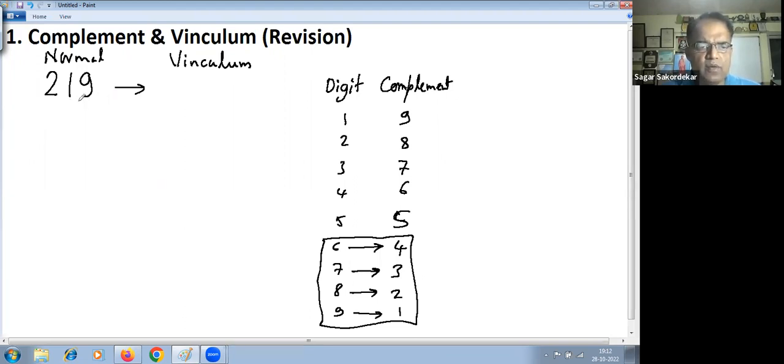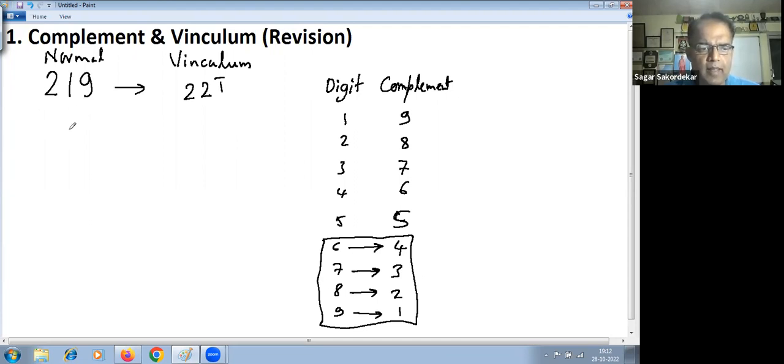So start from the rightmost digit. Wherever you have a digit above 5, you have to take the complement. So basically, you'll require to use this. Here 9 is above 5, take complement, put dash, add 1. This 2 will remain as it is. So 2, 2 bar 1 is the Vinculum of